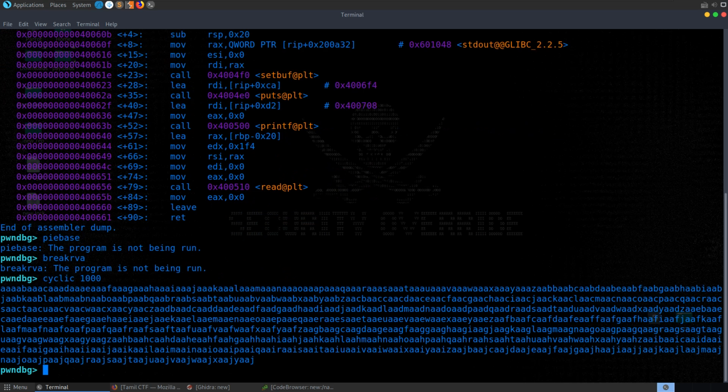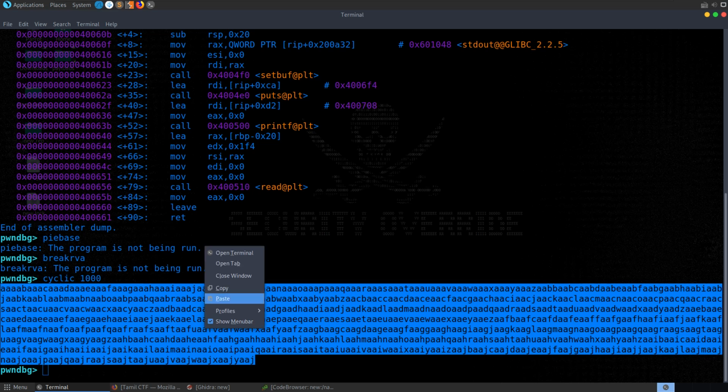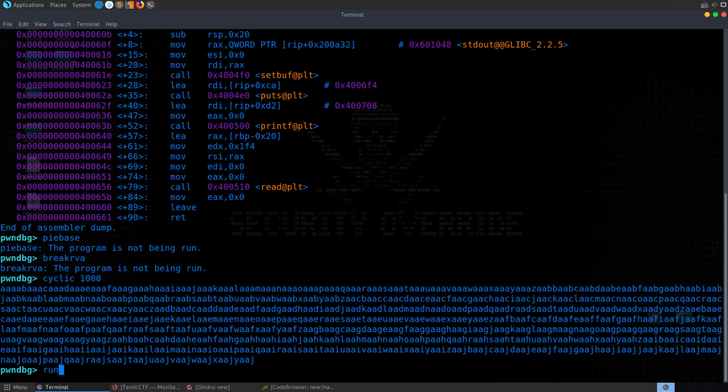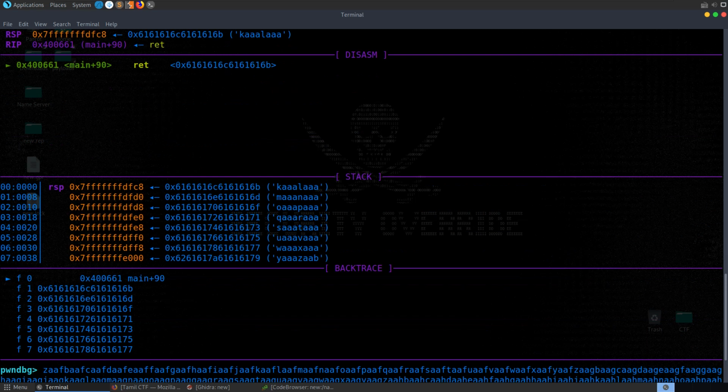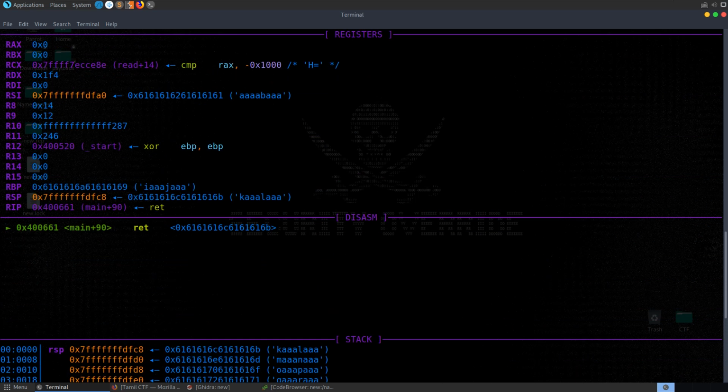We'll say cyclic 1000. I'm going to run this program again, but instead of sending in all those A's, we'll send in this cyclic pattern. And now we'll be able to try and find out whereabouts in the block of text we're overwriting the return address. So in this case we're looking at the RSP, the stack pointer, and it's basically these first 4 bytes here, so the KAAA,